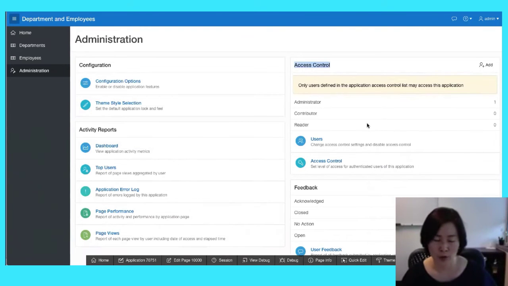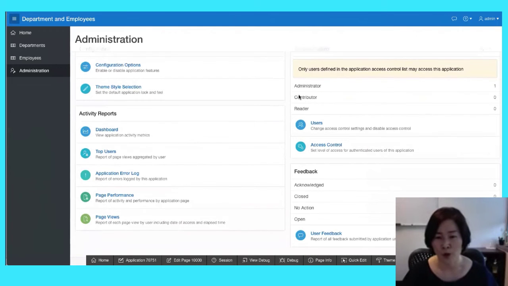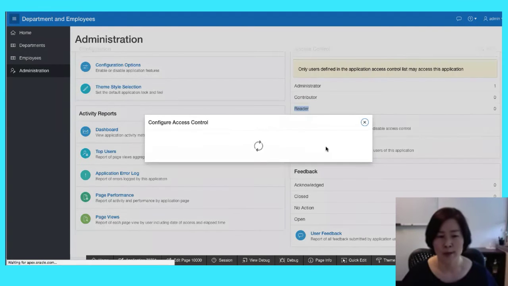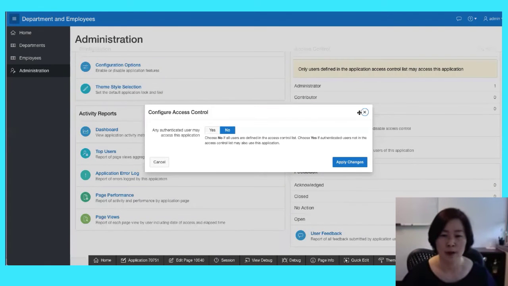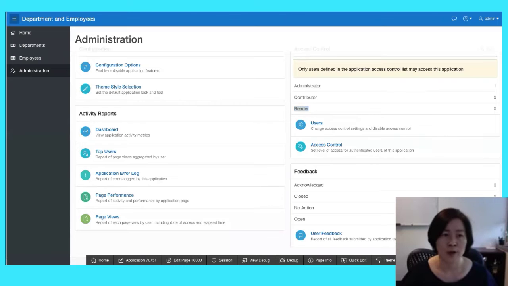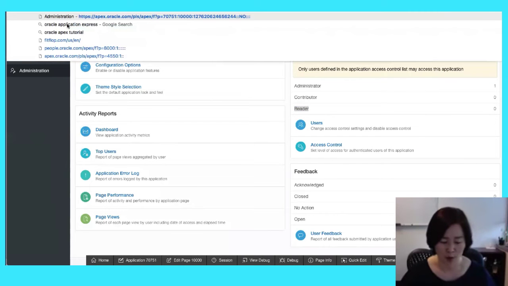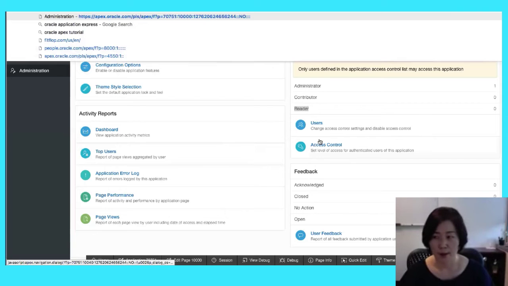Access control is useful if you want to give different privileges to different sets of users within your application. When you include the access control feature within your app, the wizard automatically includes three different roles for you, which are administrator, contributor, and reader. Access control is also enabled by default. This means if I share this application with someone else, and that person tries to access that app,